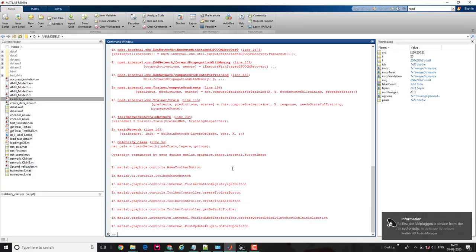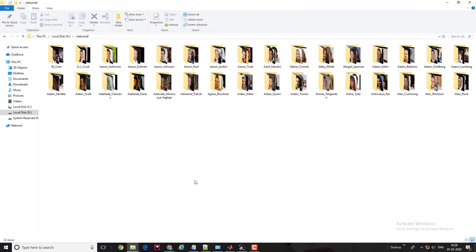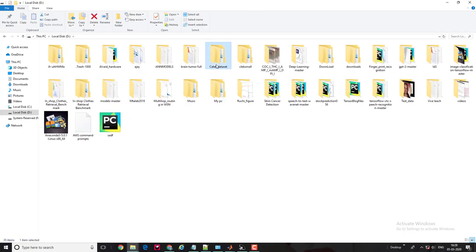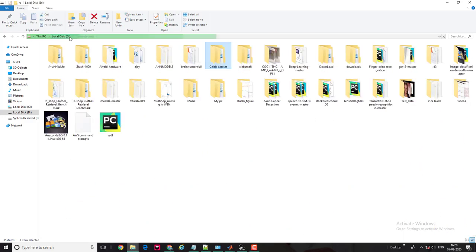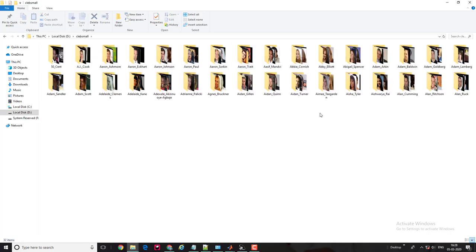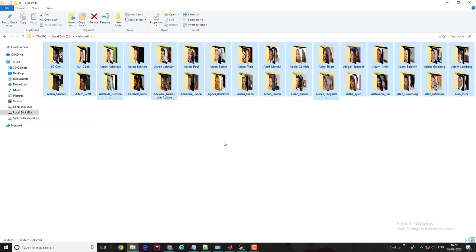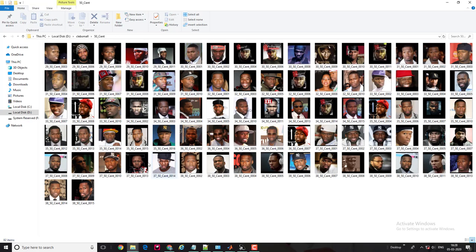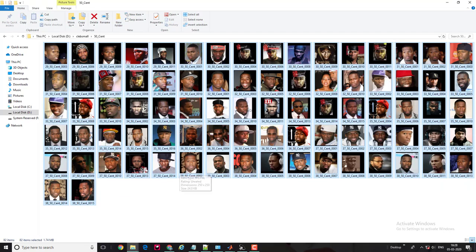Before moving to the main program, I would like to show the data set first. This time, guys, I am using the celebrity data set. This data set was on my PC, but it is also available on the internet in some other format. I created it this way so that I can train my neural network by myself. Because of time limitation, I have created a small data set and taken images of 32 celebrities, and each folder contains their images from childhood till today.